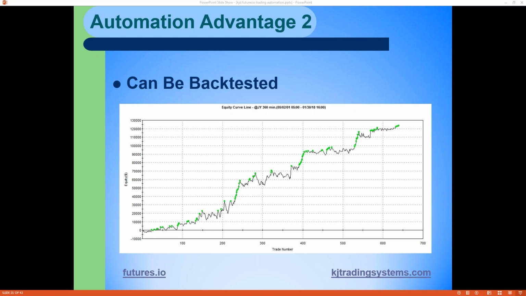There's another question about tracking live versus historical results. I have some spreadsheets I share with people I work with where you can track actual results versus what your strategy thinks. But once you get going and you're fairly good at estimating slippage in various markets, I don't do that as much anymore. Where I will do it is in markets where I'm not as familiar with the slippage.